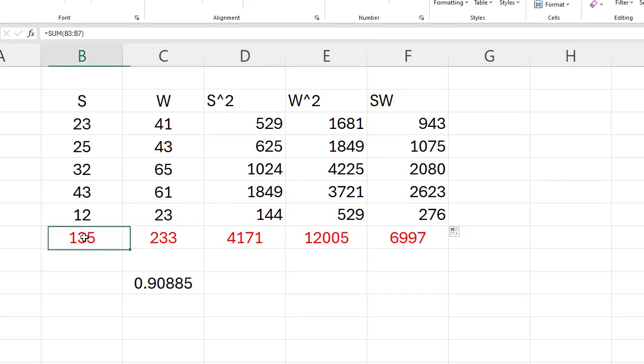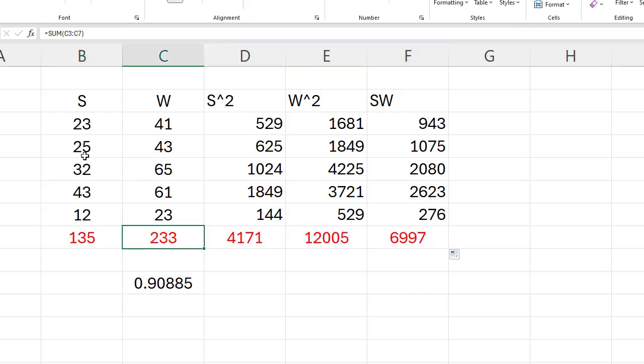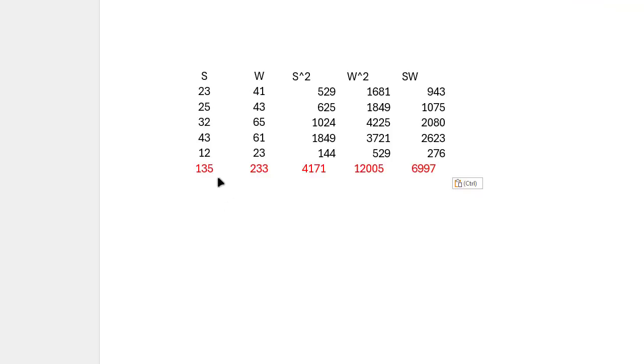Then I've added the sums in, so this is just sum of, and then I've dragged over there, so it says sum of B3 to B7, and I've just simply dragged that whole thing across. So in red here we have the sum of the S's, the sum of the W's, the sum of the S squareds, etc. We put that table into Word,